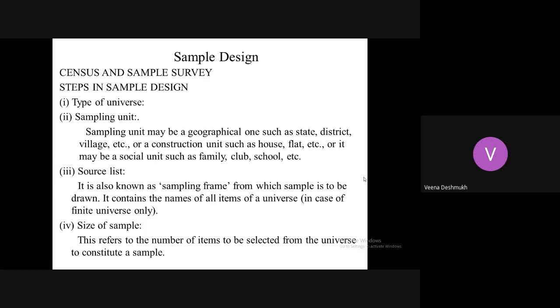Now, what I mean by population here is this: suppose we have defined the research problem, and the research design is also done. After that, we know several methods for surveying, for collecting the samples. Now, the sample design is basically on which population we are going to take the samples and what methods we are going to adopt to take the samples.